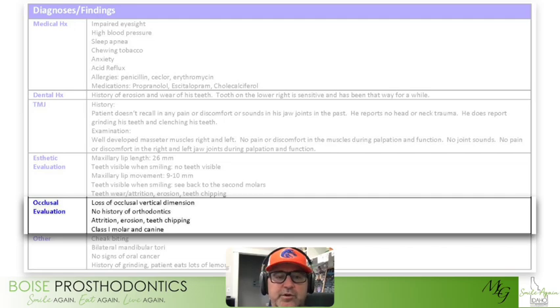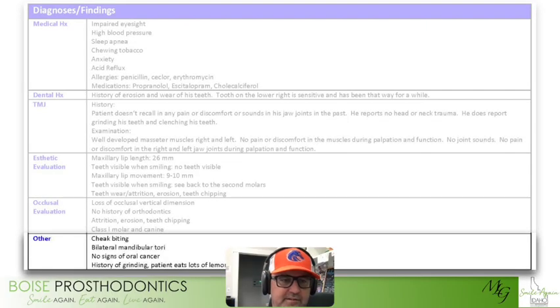So in his case, it's pretty favorable. I felt like we had a little bit more space to increase his tooth size back to normal and not be too worrisome that he may not tolerate that increase in vertical dimension. And then we have this last section of other things that we noticed that might be of value to